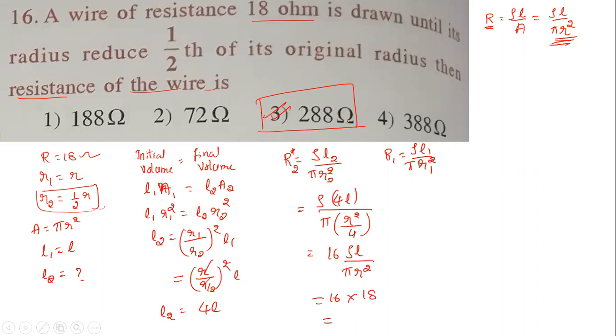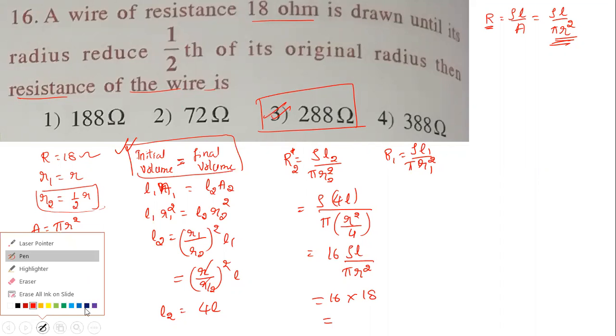What is the key point you need to remember? Most of the time you get confused here. Since they've given only that the radius changes, you don't bother about the length, but as the radius changes, the length also changes. How do we find how much the length changes? Using this concept: we take initial volume equal to final volume, compare, and find the new length. By finding the new length, we find the new resistance. Is this question clear to all of you now? Can we move on to the next question?